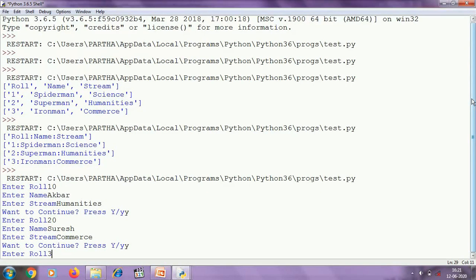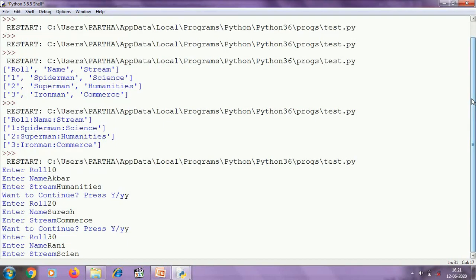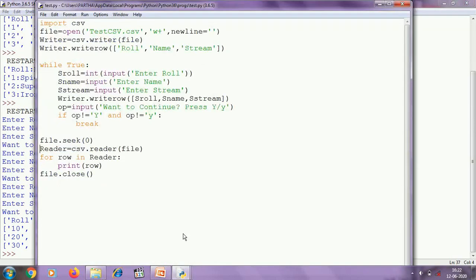Enter role 30, name for example Rani, stream science. You can see the program is running properly. This program is collecting role, name and stream repeatedly and writing these records to the file repeatedly. And after that we are displaying the contents of the CSV file. So using this program we can write multiple records using a loop.